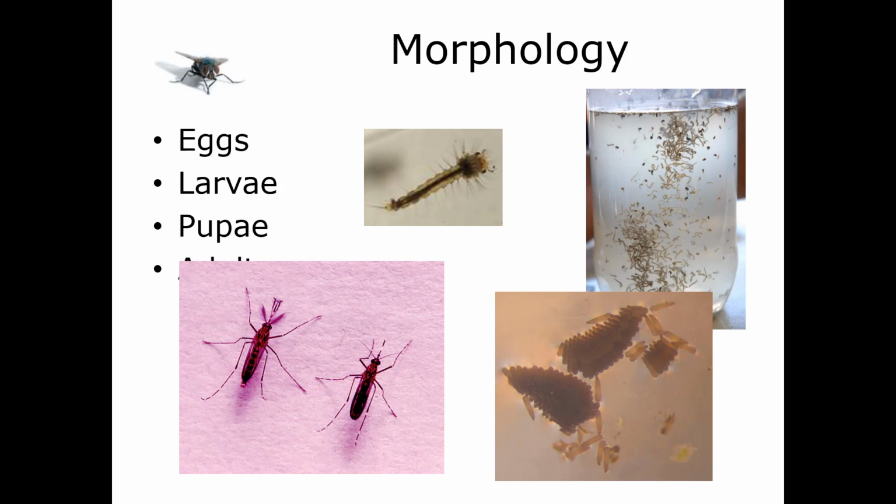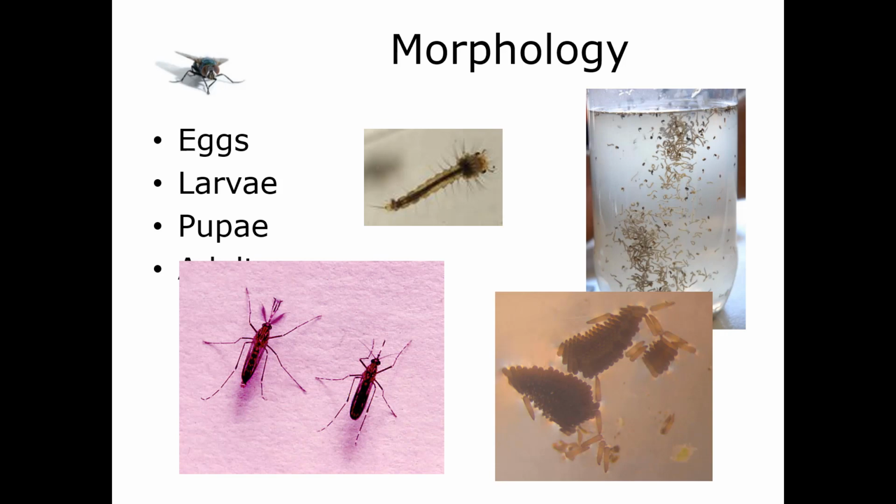Now, the pupae can flex its abdominal segment, so it is a mobile pupae, unlike the Culicidae and the Muscidae and these others that we've seen. So if they are in danger or they're threatened in some way, they'll flex those abdominal segments, and they have these 2 little abdominal paddles on the last segment of their abdomen, and those will sort of flap downward, and it'll propel them backwards through the water, so they're able to move around. That's where they get that name tumbler. They tumble through the water, and they're able to get away from danger.